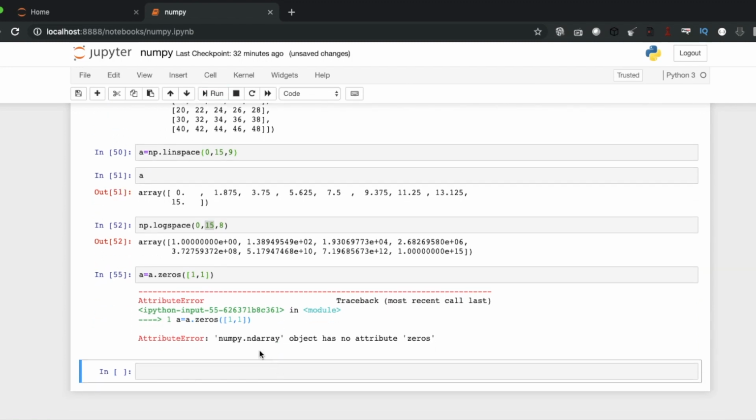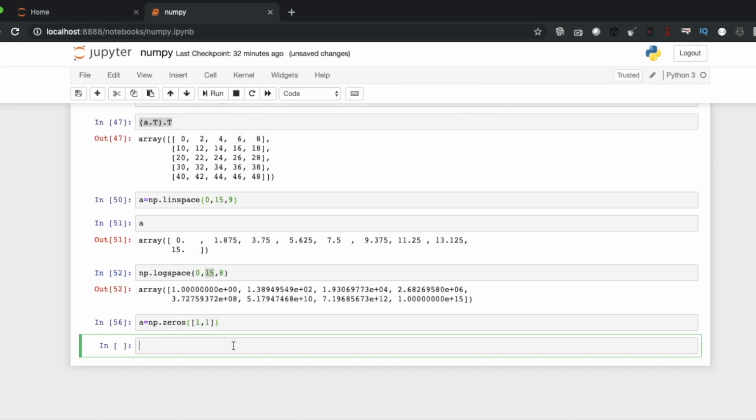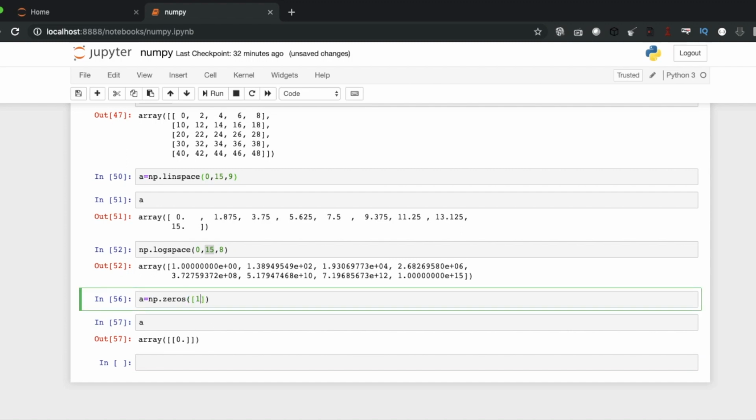It's no attribute zeros. Okay, np.zeros 1 comma 12.